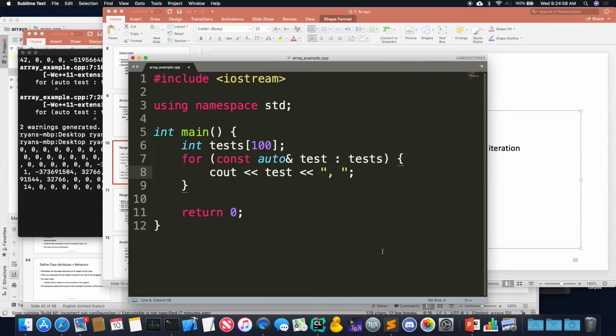Is there a good way to get rid of that last comma on the end of the final element? Yes, there's a way, but we haven't learned about that function. There's a function which allows you to put a separator in between every element of the array and then just dump all the data to cout. But this is the easier way to do it.